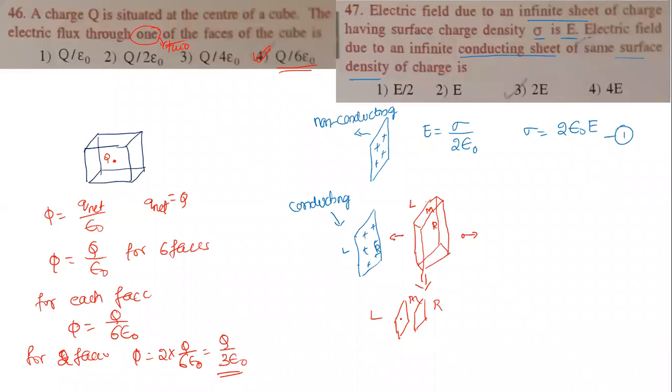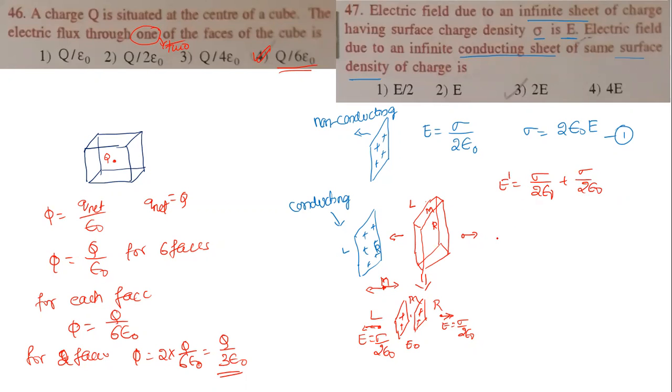Now since it is conducting and both are given positive charge density, look here. On this region, the electric field is given by sigma by 2 epsilon naught. On this region also, it is sigma by 2 epsilon naught, because it will be in the same direction. But in the middle portion, the electric field gets cancelled, because the fields from this side and this side are in opposite directions, since both are positive. So the total electric field becomes sigma by 2 epsilon naught plus sigma by 2 epsilon naught. This is for the conducting sheet.